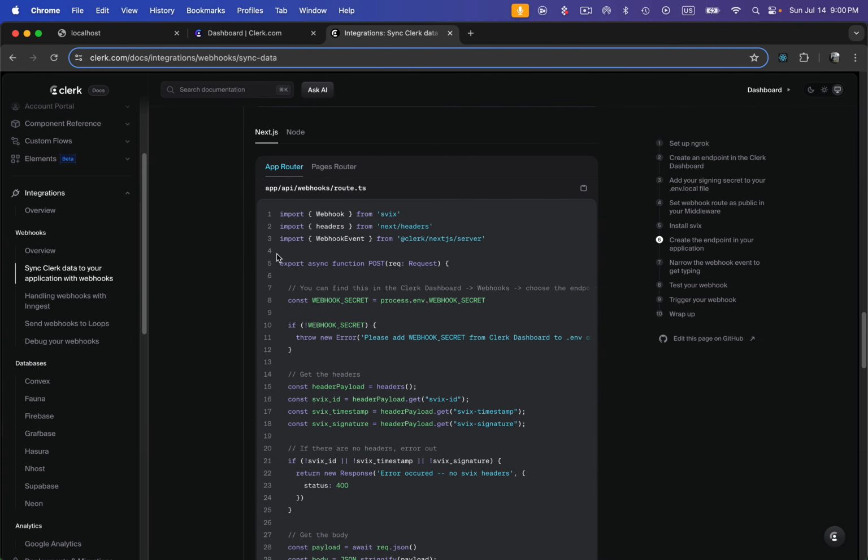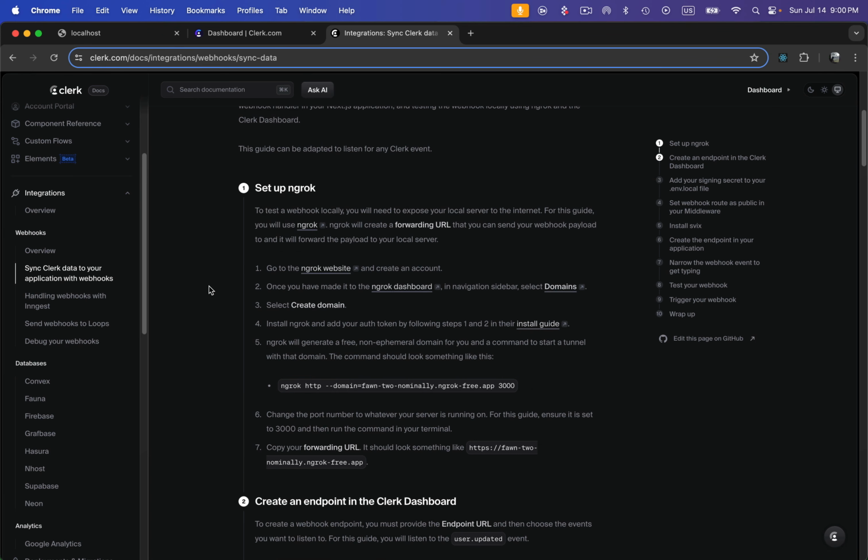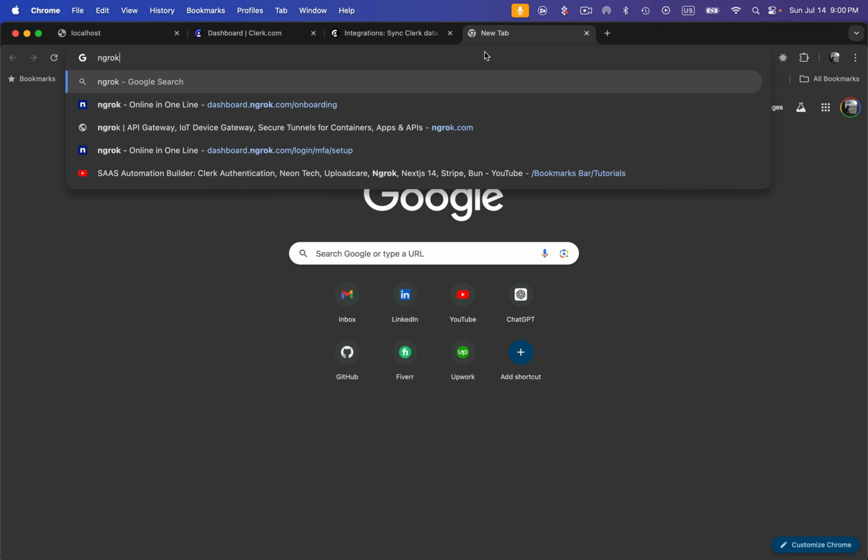One last thing I would like to talk about is ngrok. Let me show you what it does. It converts your local URL into a public address. As long as your localhost is running, you can create a new public URL against that localhost and share that public URL with anyone around the world. As long as it's running locally on your system, it will keep working anywhere in the world using that public URL. So if I go to ngrok,